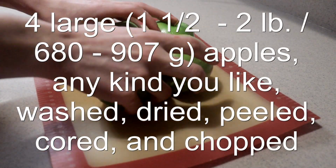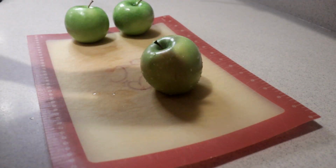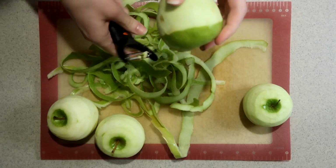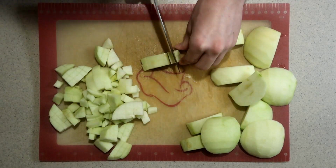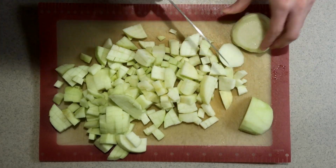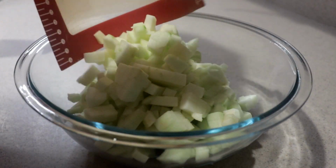Then wash the apples and dry them off. Then peel, core, and chop them. Add the chopped apples into a large bowl